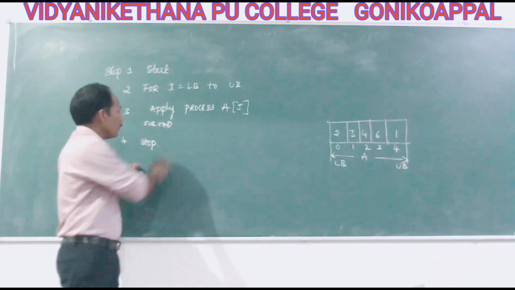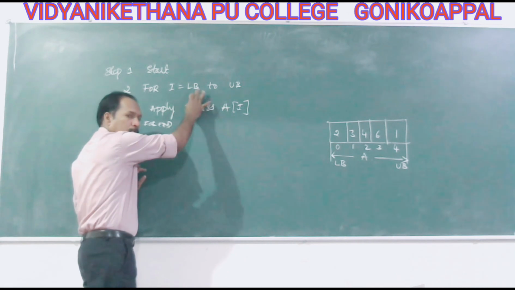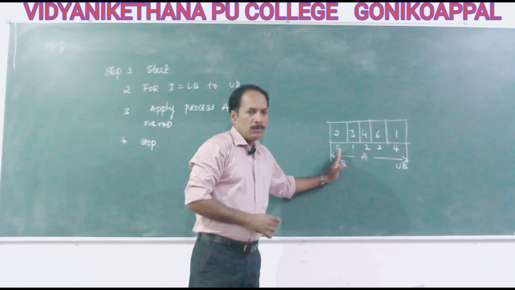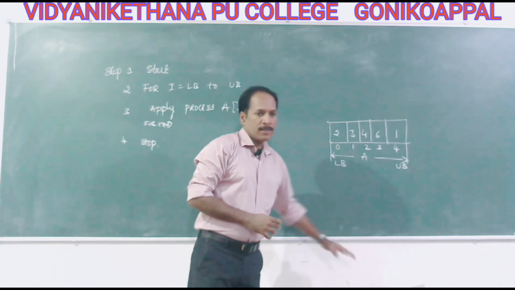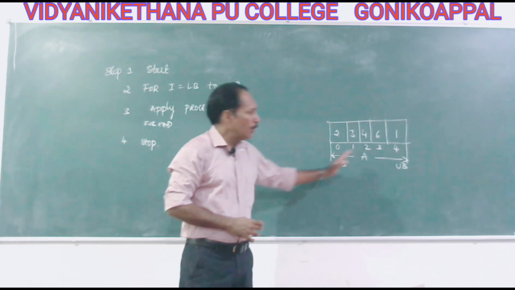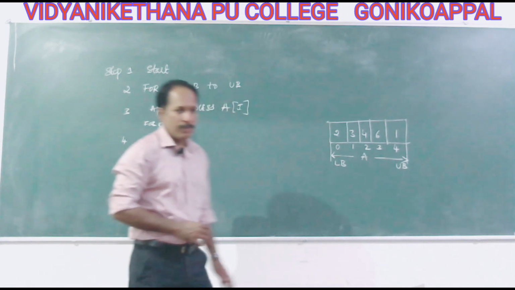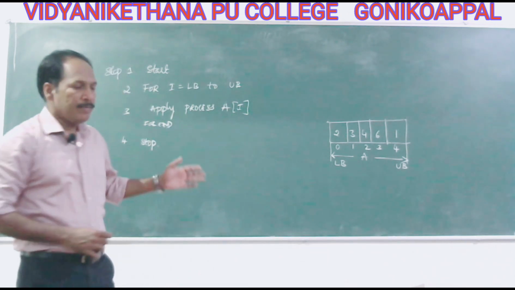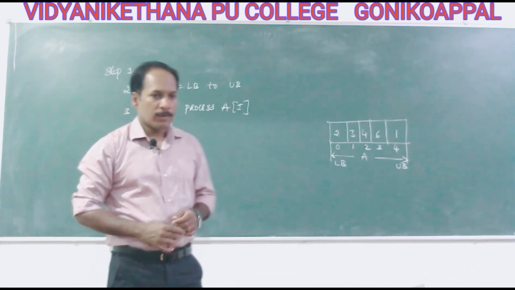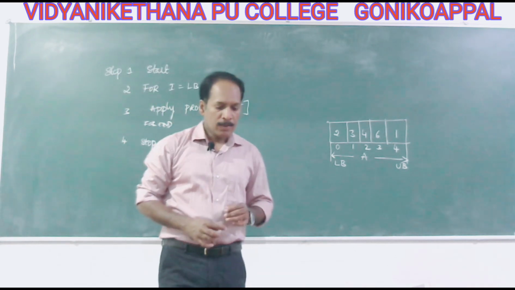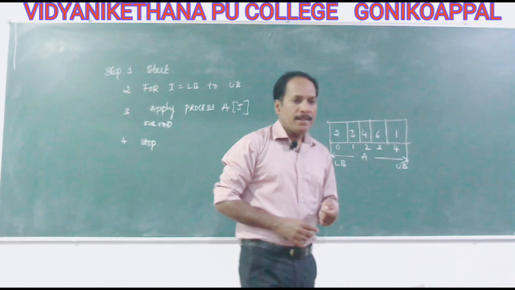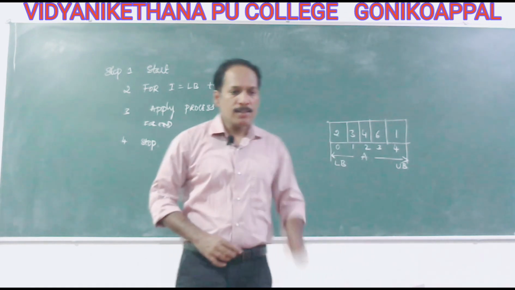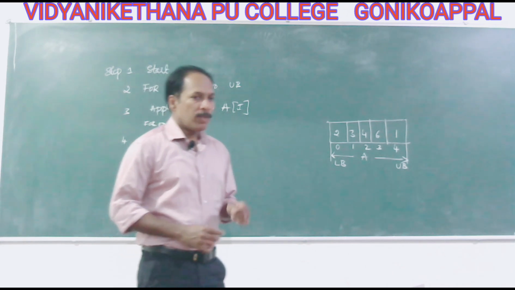So this for loop would have visited all the elements from the first to the last element, starting from subscript 0 till n minus 1. Here n represents the number of elements, but here we take a lower bound and an upper bound. I think you have understood what traversing is. Sometimes in exams they ask, write an algorithm for traversing. So traversing is the process of visiting each element exactly once to perform some operation.